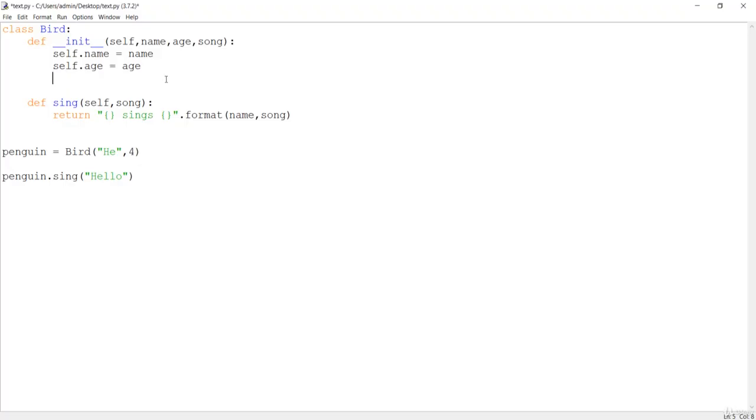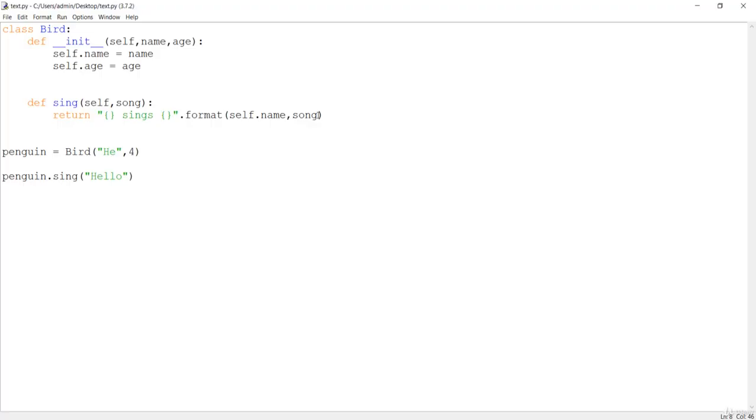But song is not the attribute, so you don't need to do something like self dot song. But if you see, this name is a class attribute. We are not passing anything from here, so it should have self dot name, which is denoting this penguin object, and this song.